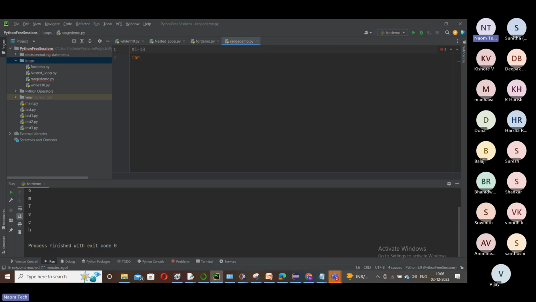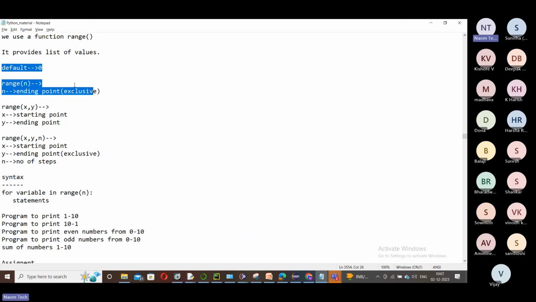But for that, I am depending on the range method. So, for i in range, I choose the range method like this. If I want to print 1 to 10, I have to give 11 here. But of course, don't worry, you don't get 1, you get 0 by default. So now you are printing 0 to 10 in a way. We don't have a choice to start with 1 in this type 1 form. In this first form, you can only start at 0 and end with n minus 1.